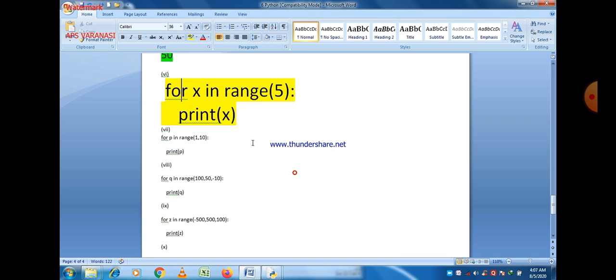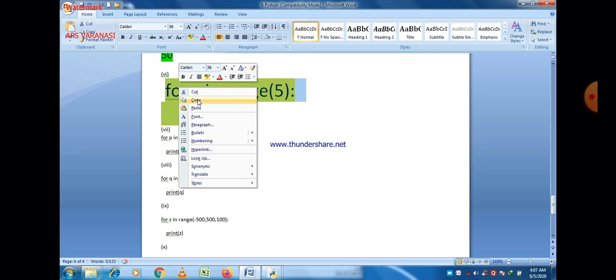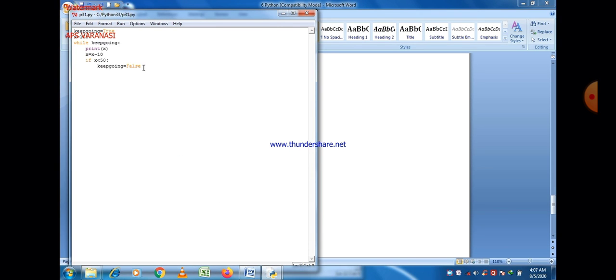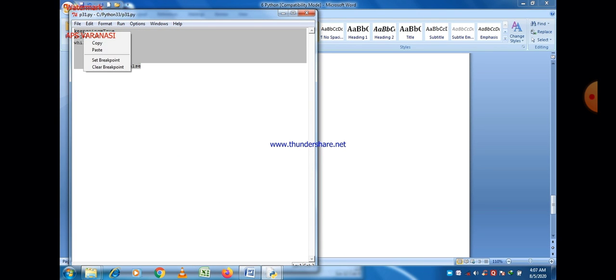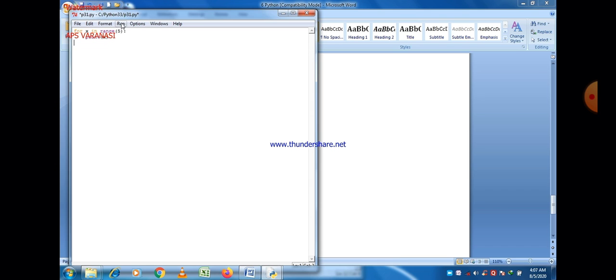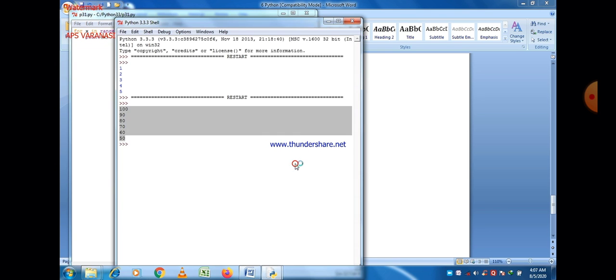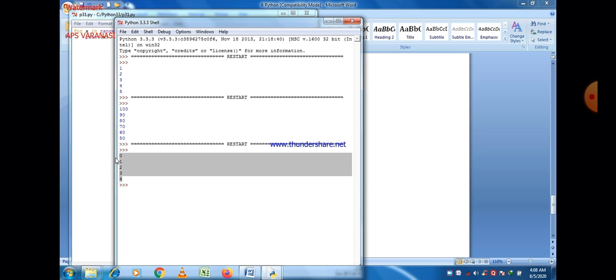So let us try to execute this program and see what the output is. Okay, from 0 to 4 all values will be printed here.